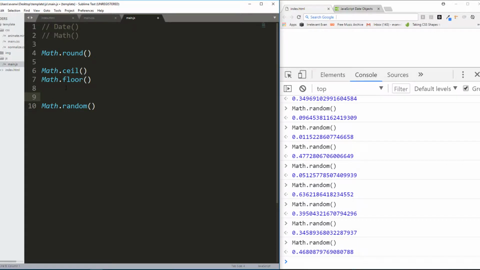What does Math.random do? Math.random generates a random number between 0 and 1. I could have easily looked this up,